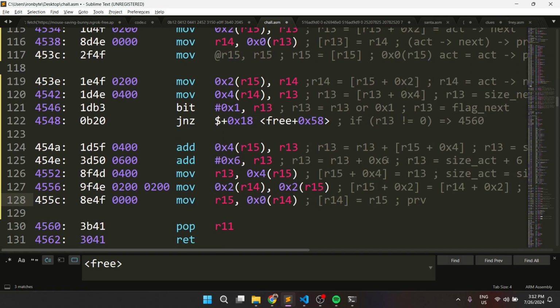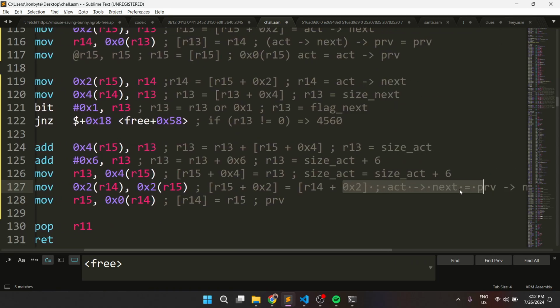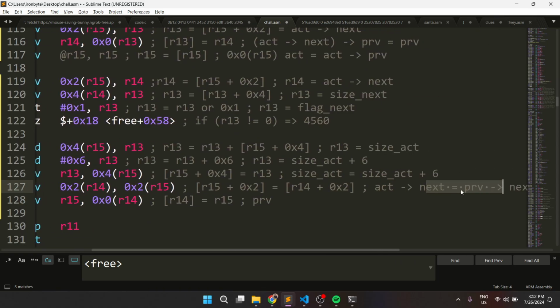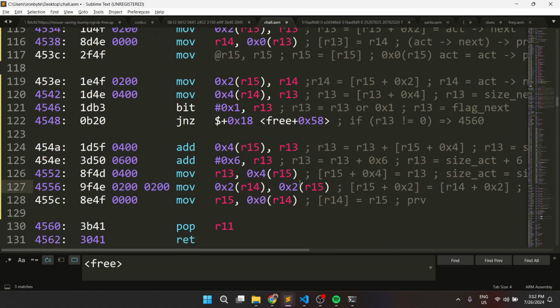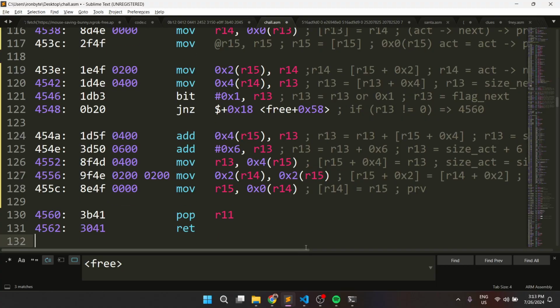Now wait a second. It's not the previous. It's actually the next. Yeah, since the register 14 is basically saving the next, since we are now in the other case. Oh my goodness, it is a lot of code and a lot of options. Okay, the previous now,